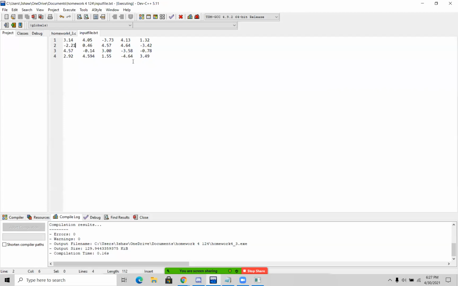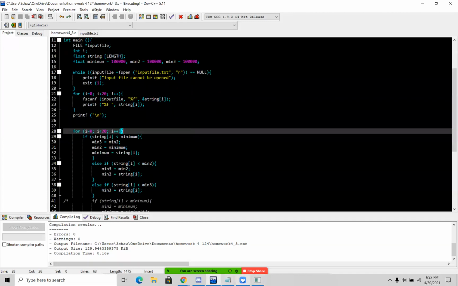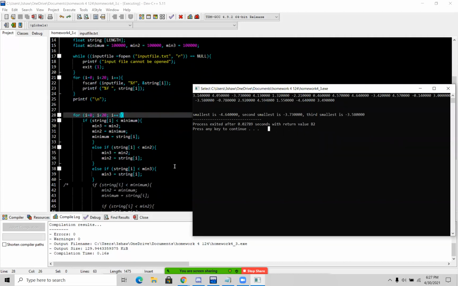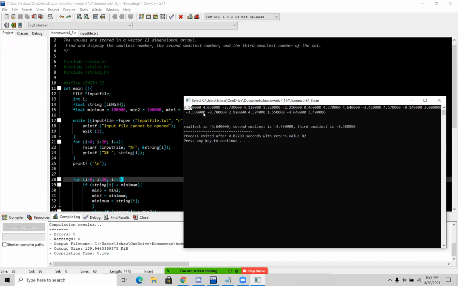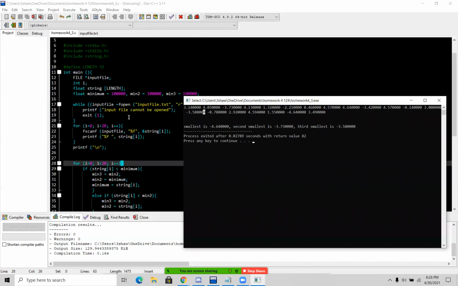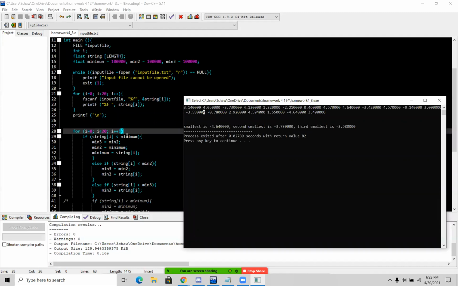And if we check the input file, this is the smallest, this is the second smallest, and this is the third smallest. And so to help explain this a little better through examples, we can look through here. So if the float value string I is less than the minimum, so value 3.14 is less than the minimum, which the minimum is 100,000. So yes, it's less than the minimum. So then the second minimum is stored here, the minimum is stored here, and then this value, the 3.14, is